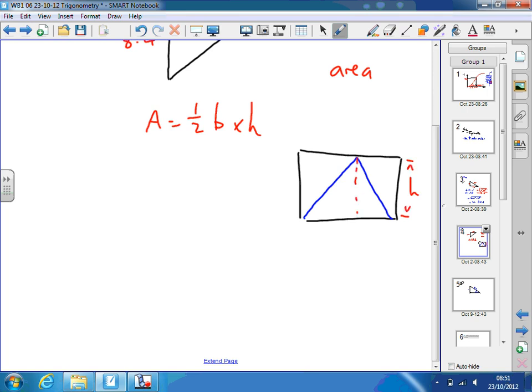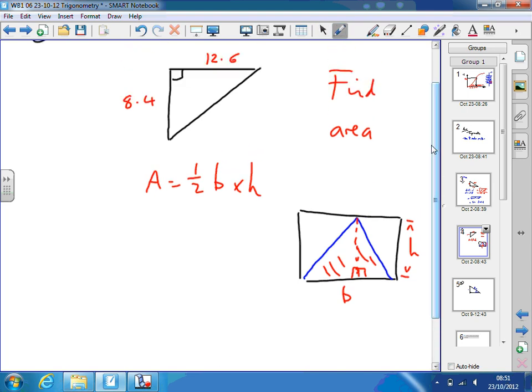So, not uncommon, if that makes a right angle, to use Pythagoras to find this perpendicular height. So again, Pythagoras comes into it. If I wanted to find the area of a triangle like this, I would find half of the base times the perpendicular height. So the area is going to be half times the base, doesn't matter which one,